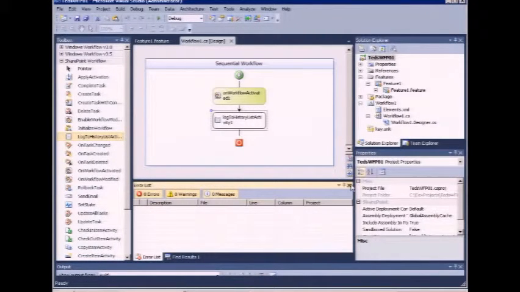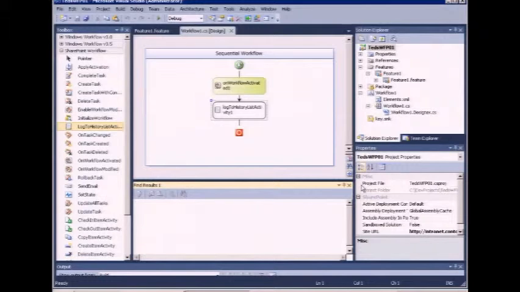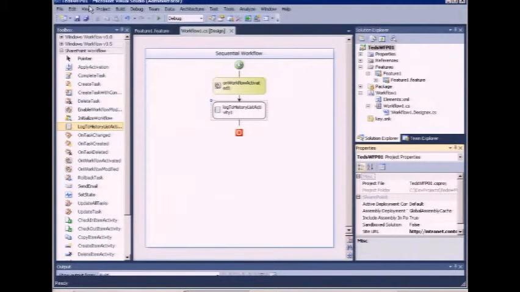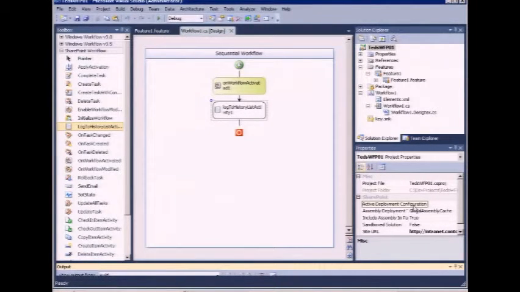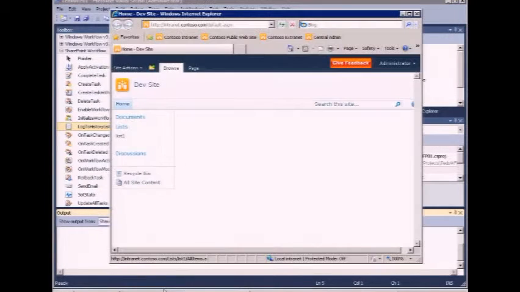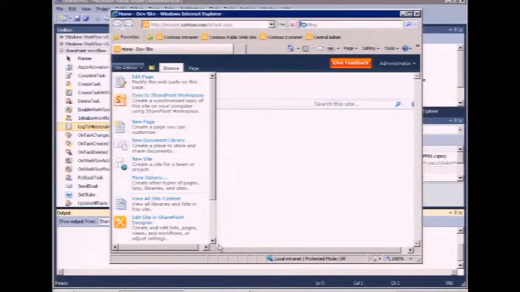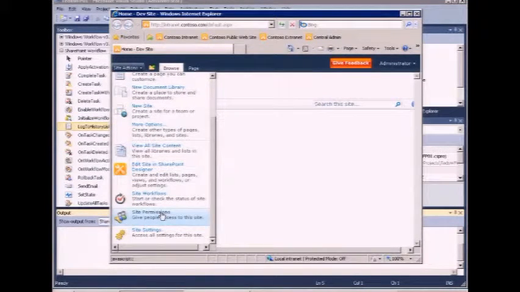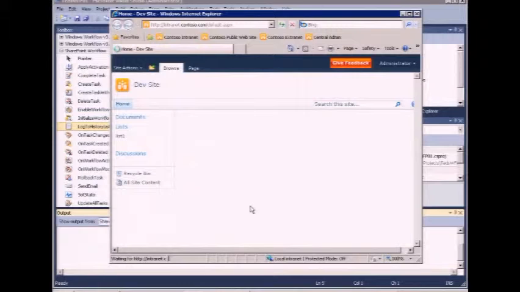And as I go through here and I take a look at my output window, I see that it was able to go through there and build everything just fine. Okay, now let's go back to the site. Let's go back to our site, and down below here we'll look at site workflows. And as I go to site workflows,